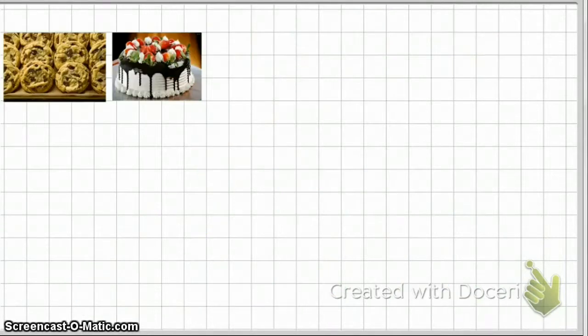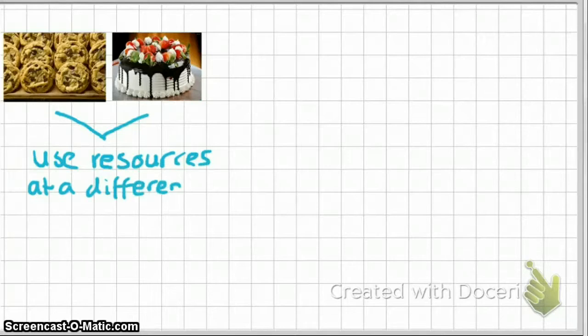Going back to the example we've used before for the cookie company, let's assume this time that the cookie company makes cookies, but they've also decided to make cakes. Now, cookies and cakes use resources at a different rate. They use different resources at a different rate. So it would not make sense for us to allocate our overhead cost equally to cookies as well as cakes just based on some simple allocation method. Let's take a look at how each of these products use